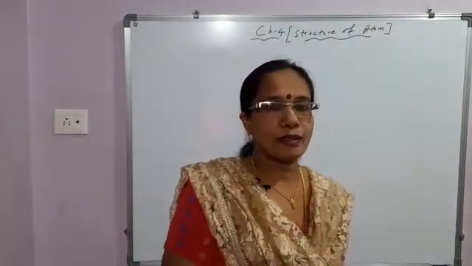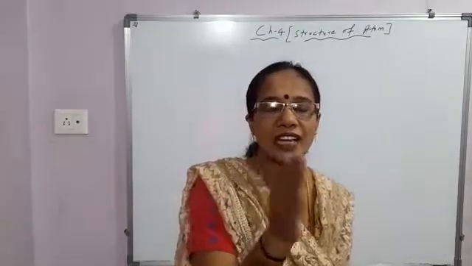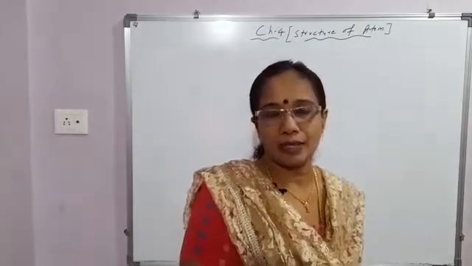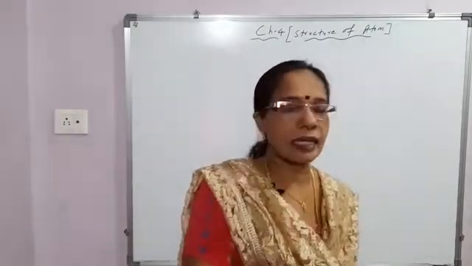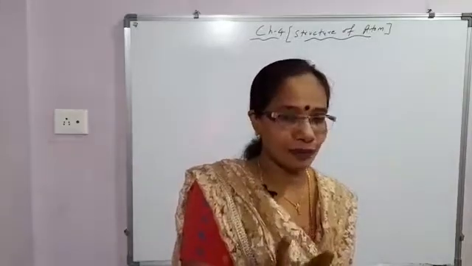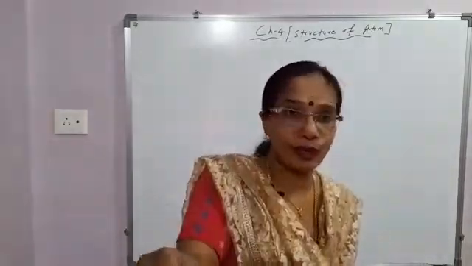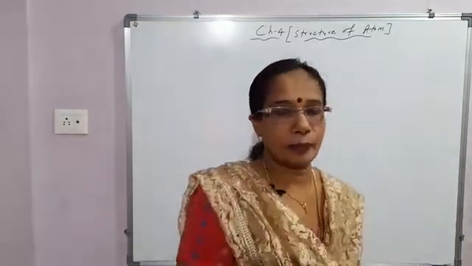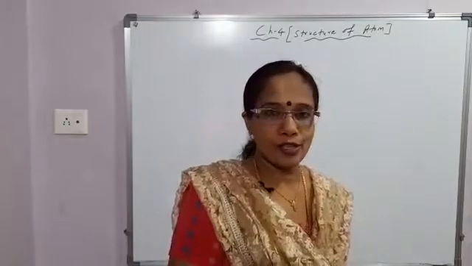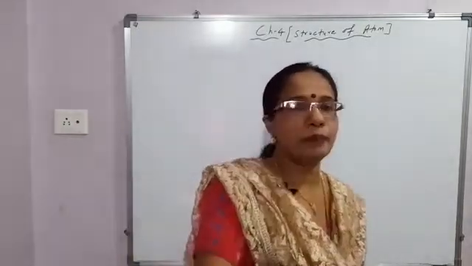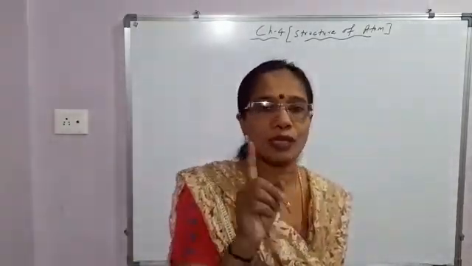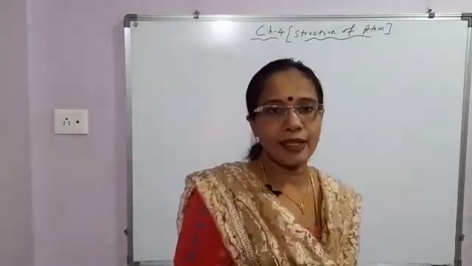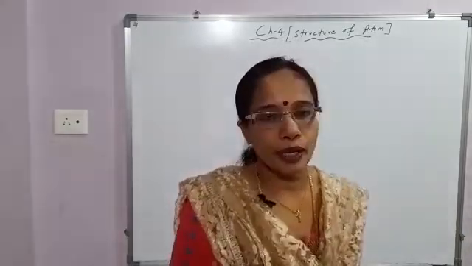Okay. Next, students, after the discovery of the electron, proton and neutron in an atom, came the models of the atom. First of all, J.J. Thomson came forward to give the model of the atom, meaning how these electrons, protons and neutrons are arranged inside the atom. That was called Thomson's model of the atom. But it had some limitations, so it was rejected. Then came the second model of the atom, Rutherford's model. That also had some limitations. Then came Bohr's model of the atom.